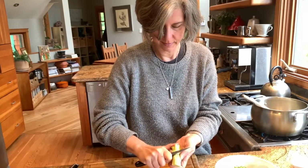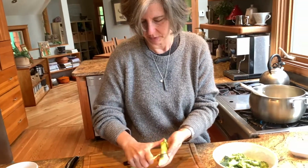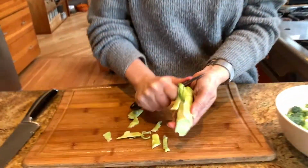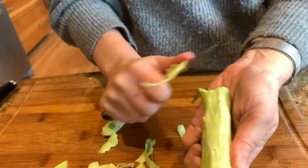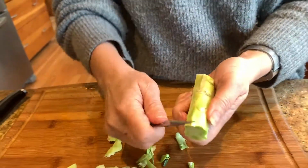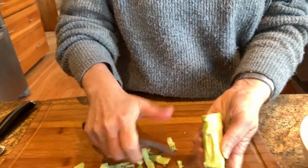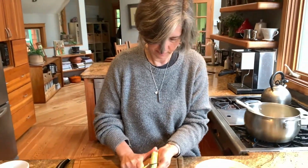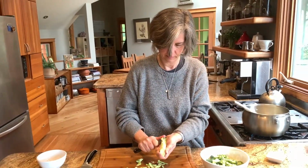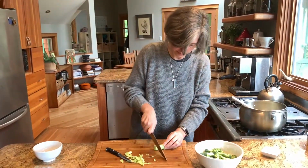Sometimes I can get, and it's very satisfying if you can get like a whole strip. Makes my day. But it's a slightly different texture. You'll be able to tell when you've done it. Basically, you're just getting off the super woody bit. Like I said, maybe you could use a peeler, but I've always used a knife for this, so. And then, once we've got it peeled the way we like, that looks pretty good to me. I think we've got all of the really tough stuff off there. Woody bits. I'm just gonna chop it